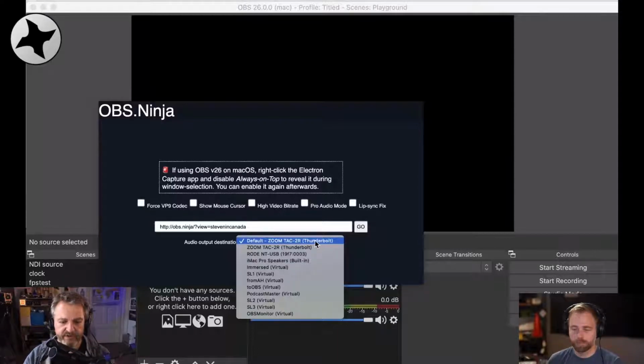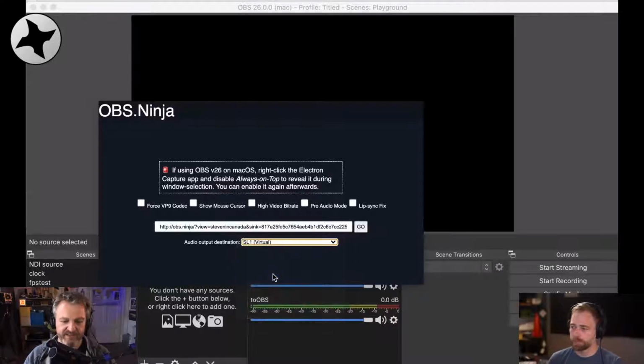I use a product by Rogue Amoeba called Loopback, which allows me to create a whole bunch of virtual devices. And as I'm a pretty heavy user of this, I have a whole bunch of virtual devices there. And here's my SL1 device. And I just want to send the audio from Steve to my SL1 device. And I click go. And bing! I should